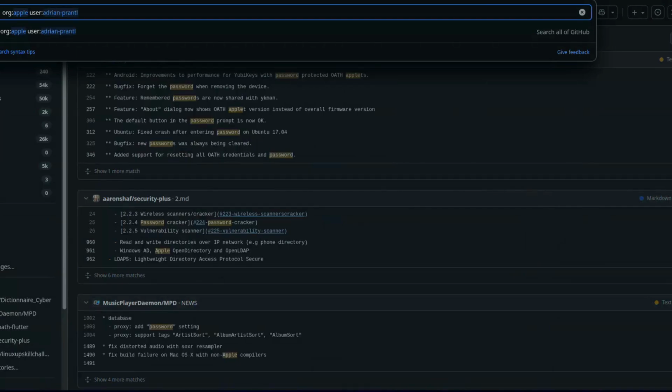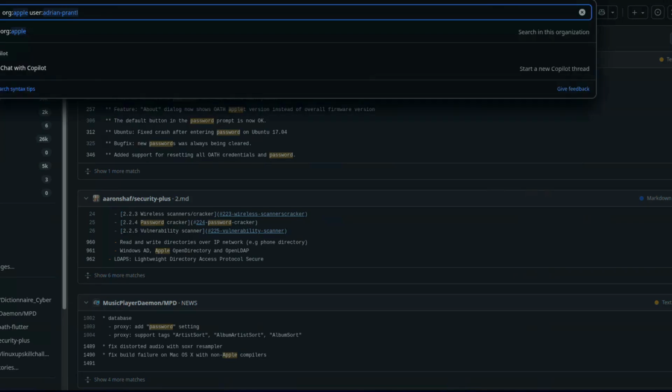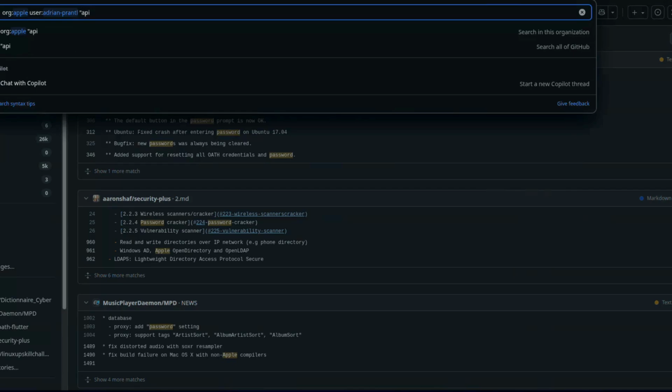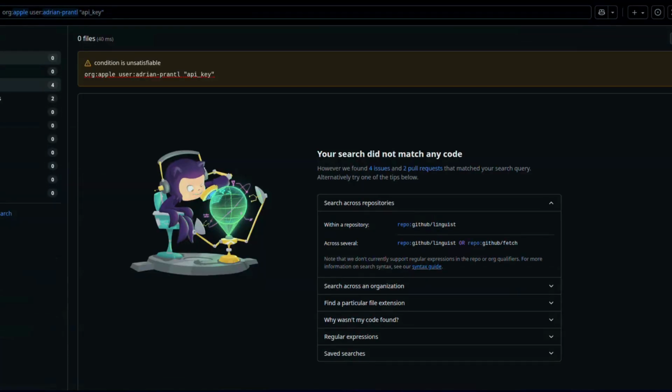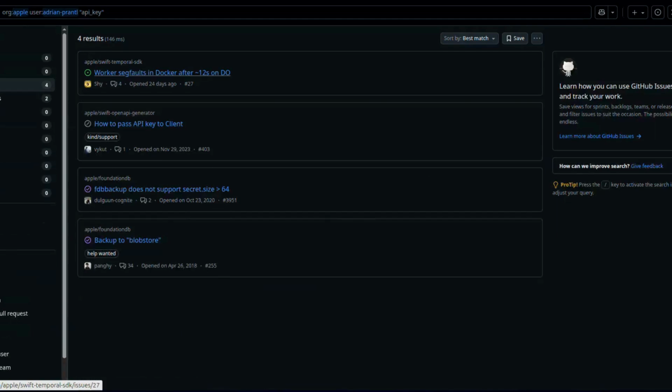Okay, user, this, and you can combine keywords and language qualifiers, like keywords like API key, and let's search if he has anything related to this. Okay, no problem.